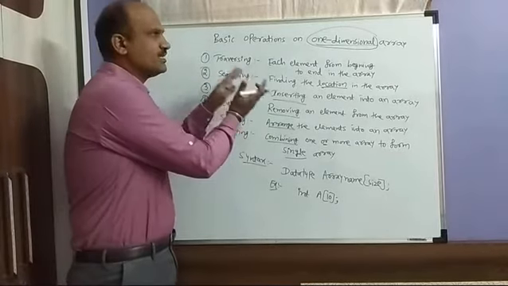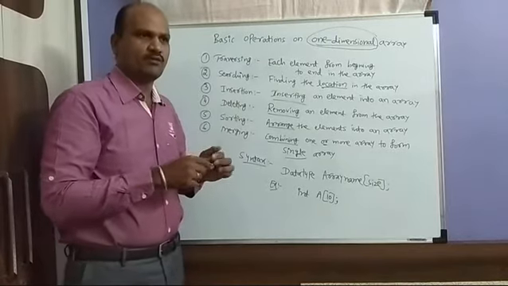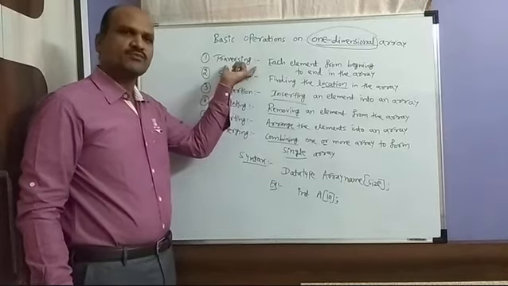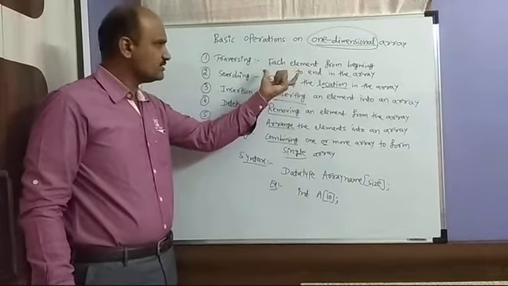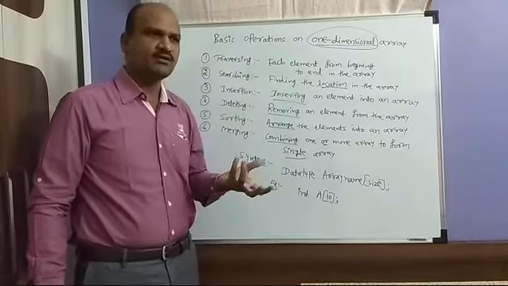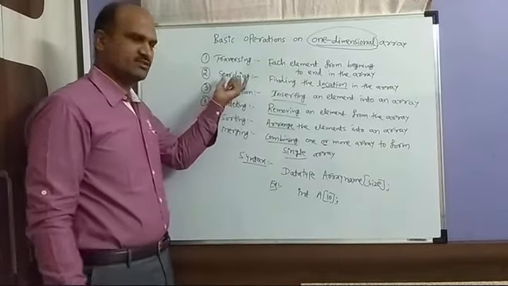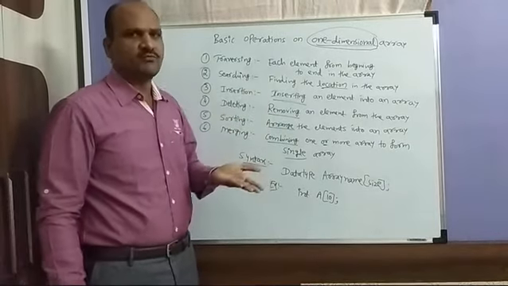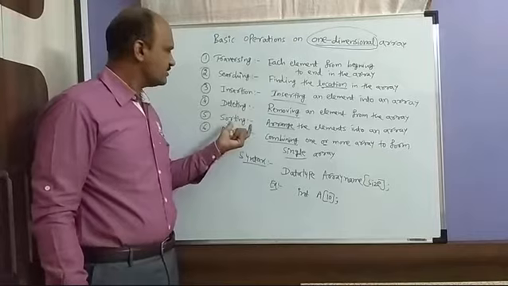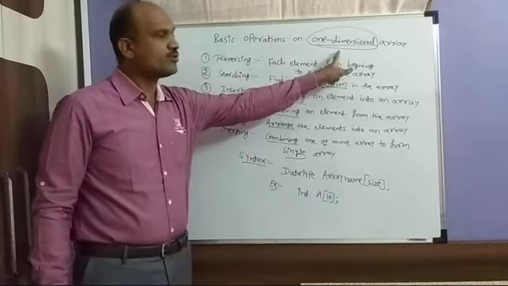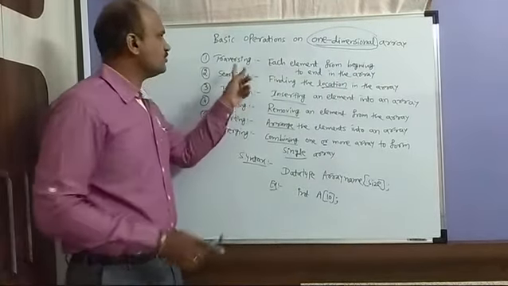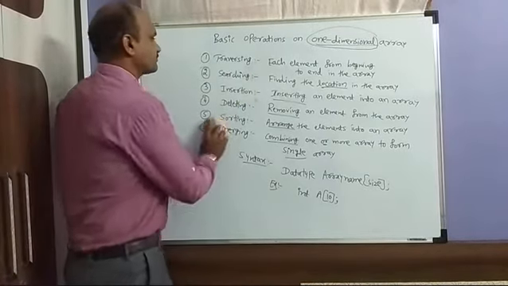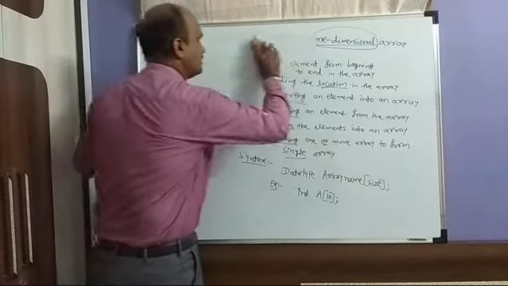merging. So in the one-dimensional array, each one by one operations you have to learn. So first we will go to the traversing of one-dimensional array, then you have to write the algorithm, then you have to write one programming example. Same with the searching, same with the insertion, you have to write the algorithm, you have to write the program for that. Okay, deleting, sorting and merging using one-dimensional array. So first one we will go for traversing a linear array.